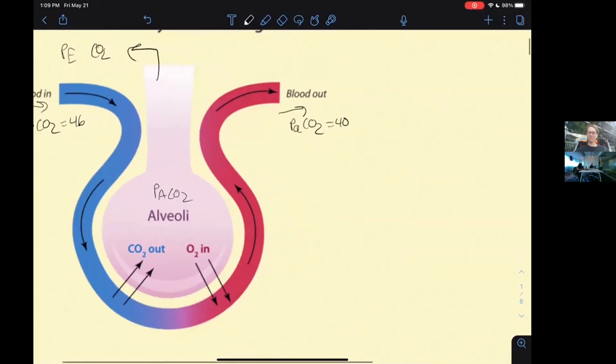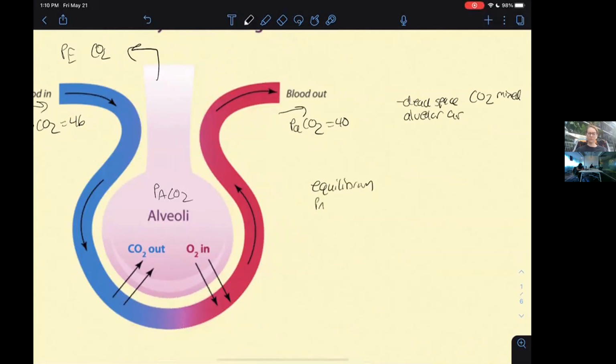We have dead space that's mixed with CO2, and it's mixed with alveolar air. So that actually decreases the ability of gas exchange. So usually in equilibrium, you would think your alveolar PaCO2 is equal to your arterial PaCO2, like whatever comes in should be whatever's in the blood, but that doesn't happen because of this dead space here. So we usually have something called an AA gradient,